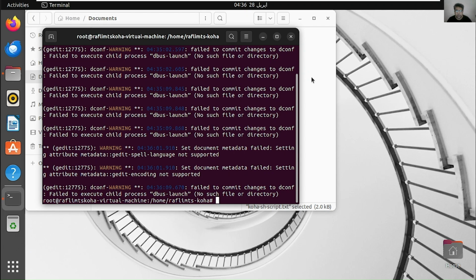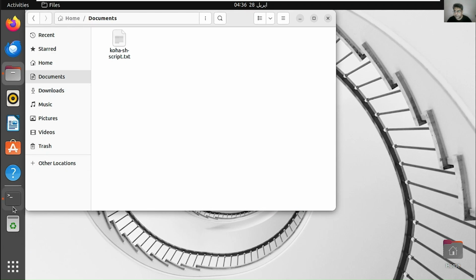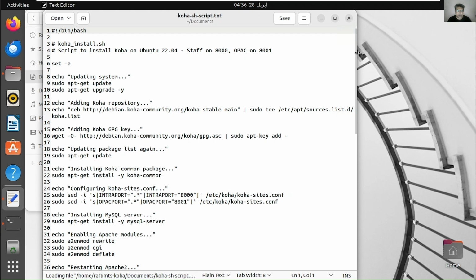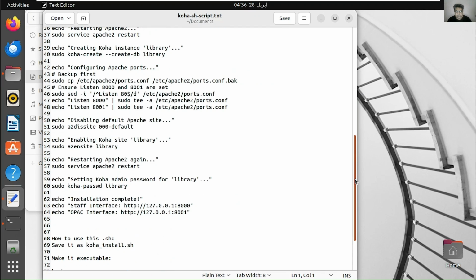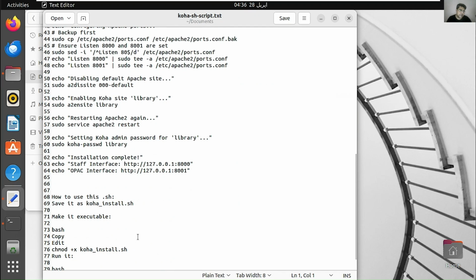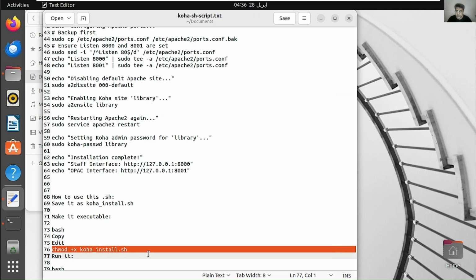After this, we need to give permission to this file, and then we need to execute it. That's it. So let me copy this.